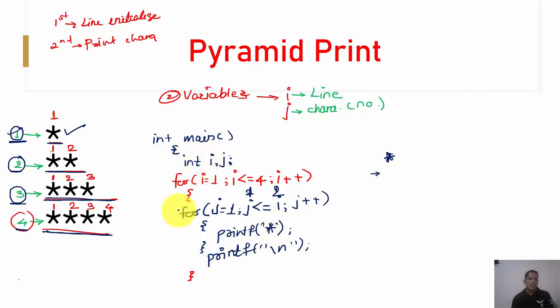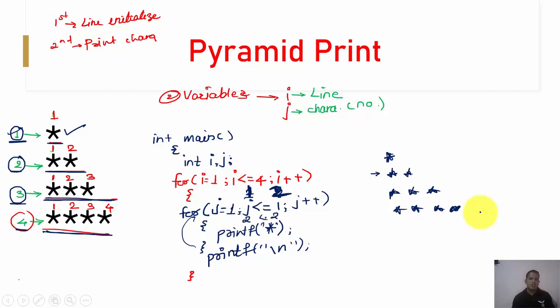Now the value of i gets incremented by 1, so the value of i is now 2, right? And now the value of j gets reinitialized to 1, whether 1 is less than or equal to 2, yes, just print this character, right? Now again it goes for checking the next. Now the value of j is 2, whether 2 is less than or equal to 2, yes, condition satisfied, just print this character. And in this way, in successive output, I am going to get this pattern on the output screen.